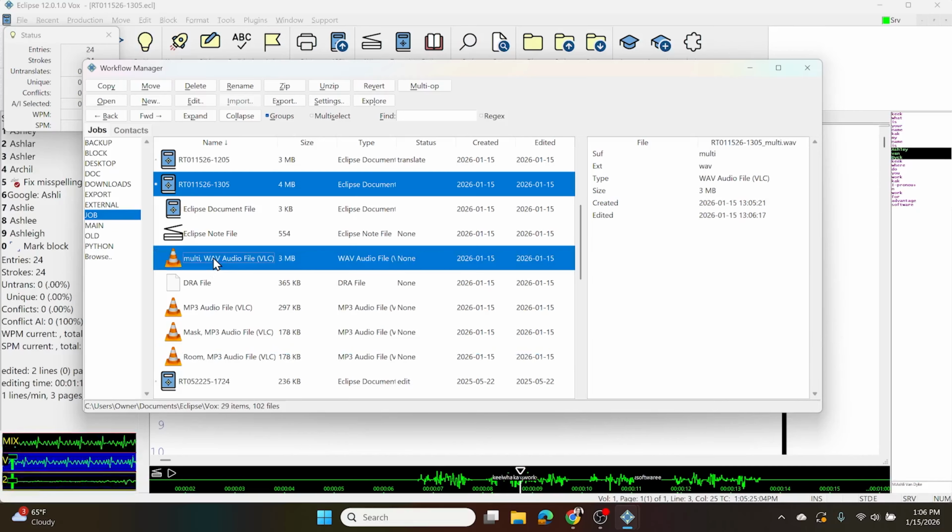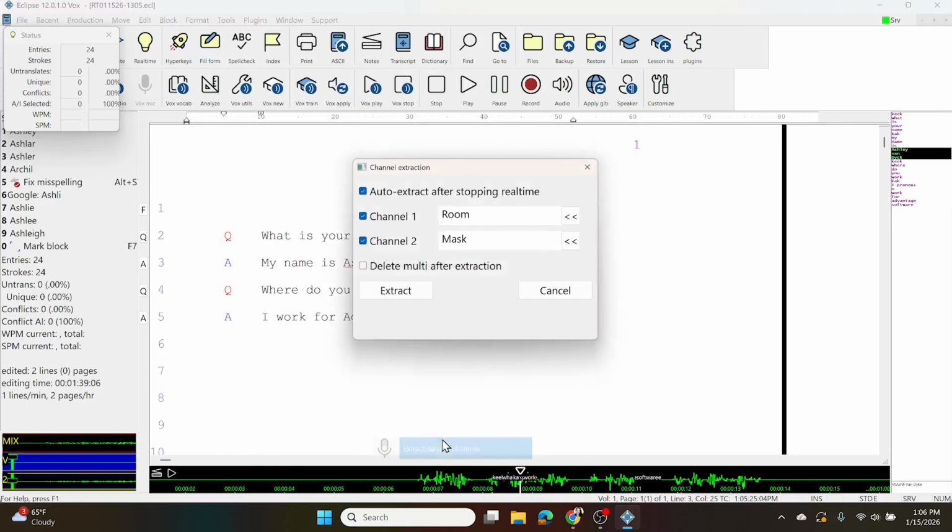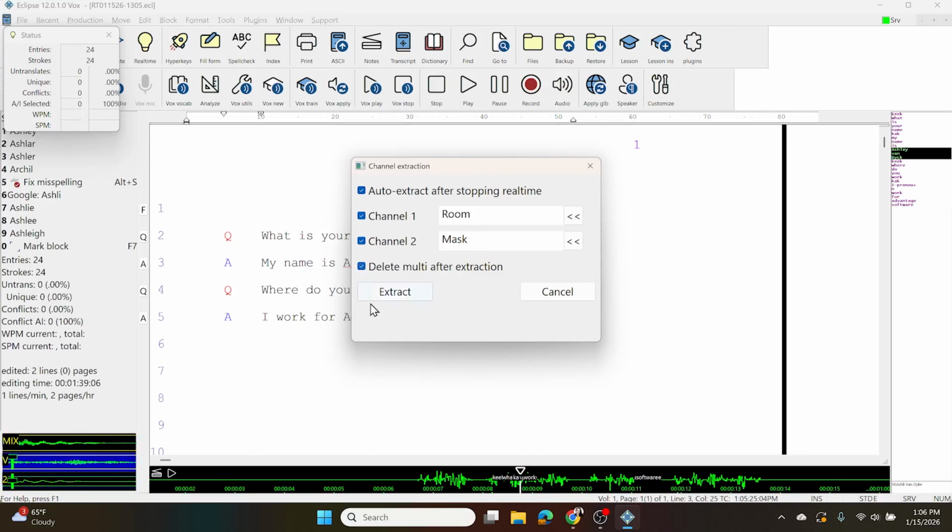Now, I did not have delete multi after extracting checked, so it left the multi file in the job for me. But if I go to Tools, Multimedia, Extract Name Channels, and also check Delete Multi after extraction, then the next time I start and stop a real-time file,